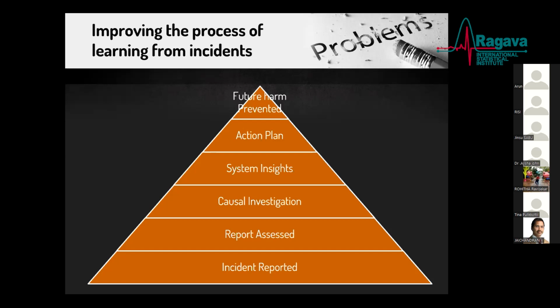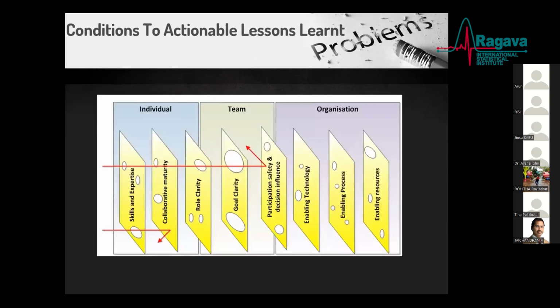So the whole question of how learning takes place through the scrutiny and analysis of incidents or through the investigation has been researched. So you can see how it is actually being used for learning. Learning should always be seen as a participatory process that engages a wide range of people. So you can see the various conditions for active learning. When you say collaborative maturity in an individual, it means you are a continuously thinking process person. When you say role clarity, they know specifically what is expected from them.